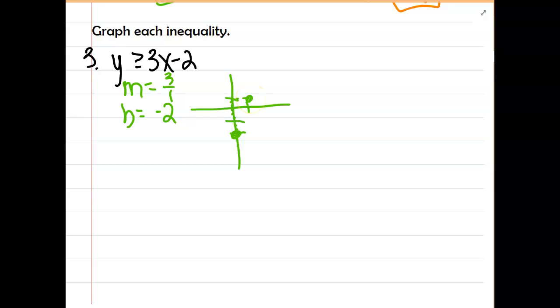Now, I think the hardest part of today is we automatically want to go ahead and connect these and form our line, which you just need to hold on for a second because you're either going to use a solid line or a dotted line. So how you're going to know is you're going to look at your inequality. If it's a greater than or less than, you have to use a dotted line. If it's an equal to, you can use a solid line. Which one will I use? Yeah, it's an equal to, which means all of these points are